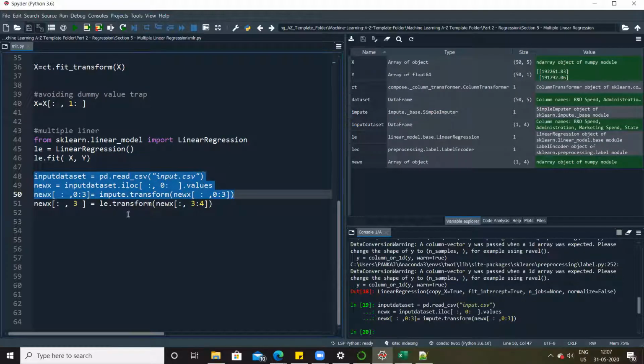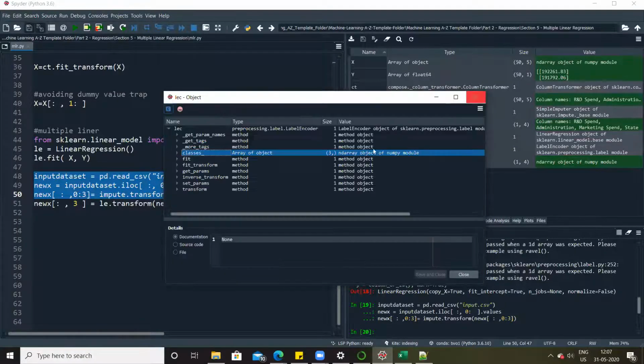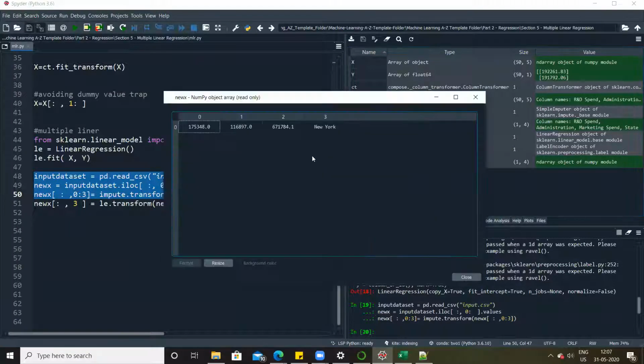Done. Now before applying label encoding, you can see in LEC classes, 0 was California, 1 was Florida, and 2 was New York. Okay. So now here New York should get replaced with 2.